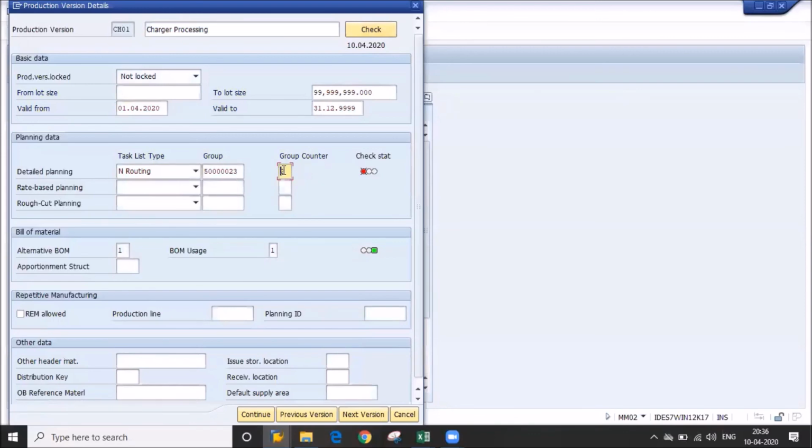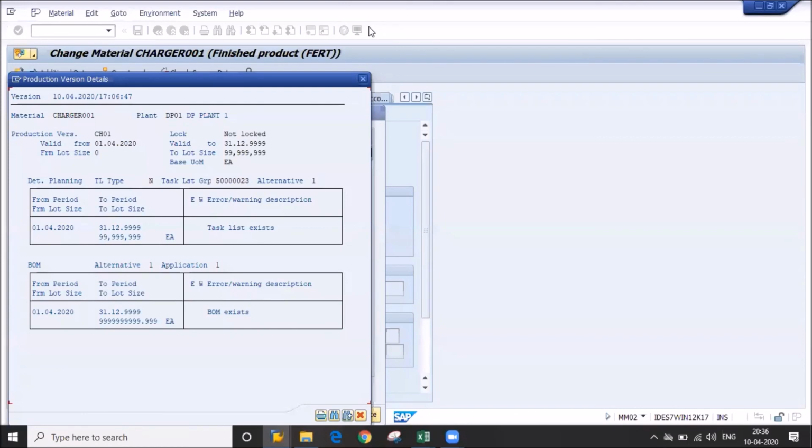Sir, group counter, sir, will you explain one more time? Group counter is, suppose you are creating the first routing for the first material, so the group counter will be 1. Even you can check it.